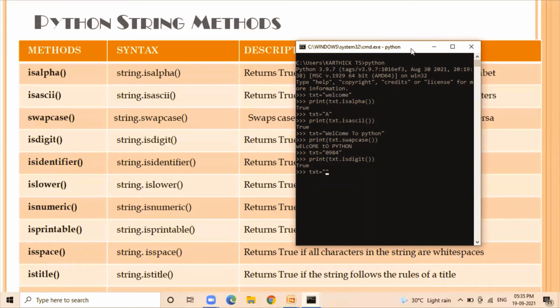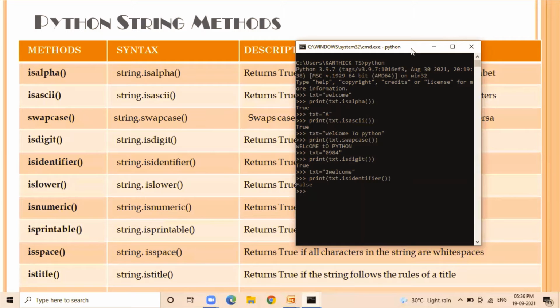So these rules will be matched when you check the type of a string for a given text. For example, we know it should not start with a digit. So when I start with a digit, you can use the print function and check with text isidentifier. Yes, it gives you false, since naming a text starting from a digit is invalid.